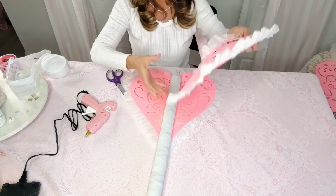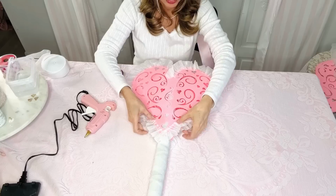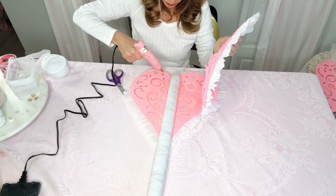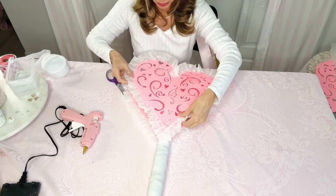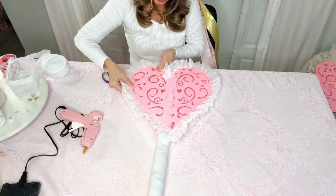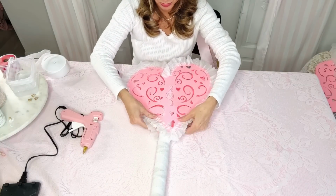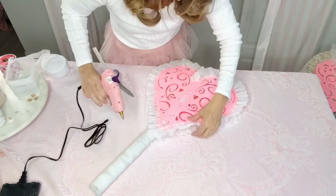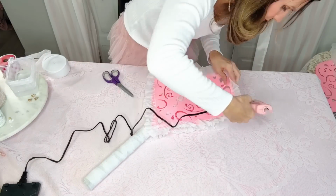I wasn't for sure, but this is the key right here: we need to back it up and reinforce it with another crepe paper felt heart. So just go ahead and give it a bunch more glue and then kind of just press it together until it gets on there. You could even add some little floral wire to the back of this if you wanted to. I know that mine isn't going to move around because